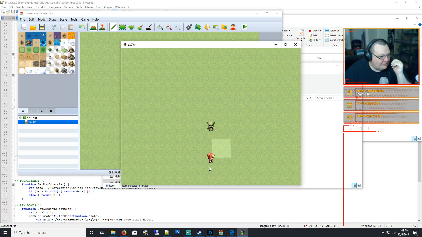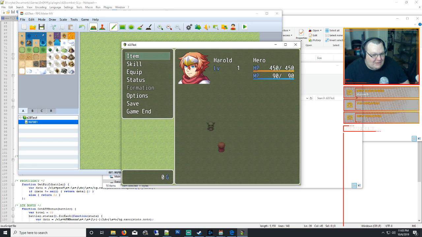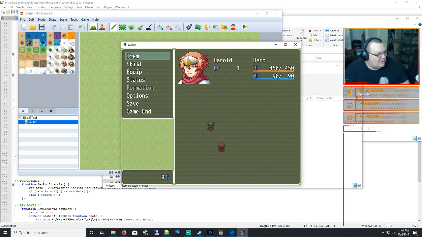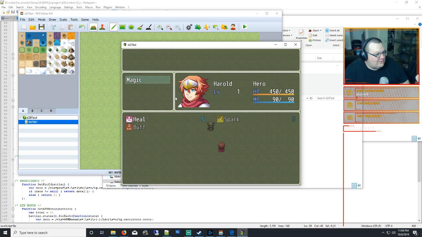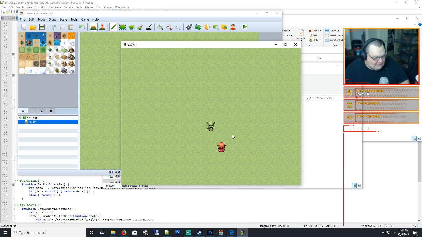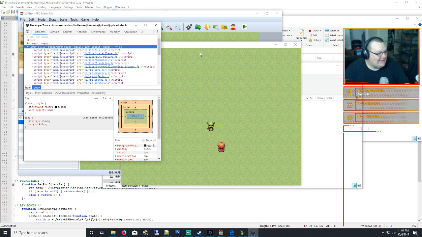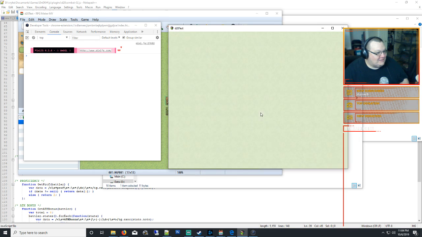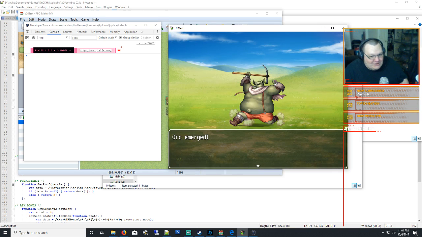So, here I've got a little demo character that I've made up. So we have Harold, who's a hero. He's got abilities. I'll show you all the stuff behind the scenes in a second. But generally, for the most part, I think just attack has been built into this. So I'm going to show you the console while we play, because the big reveal here is going to be that...